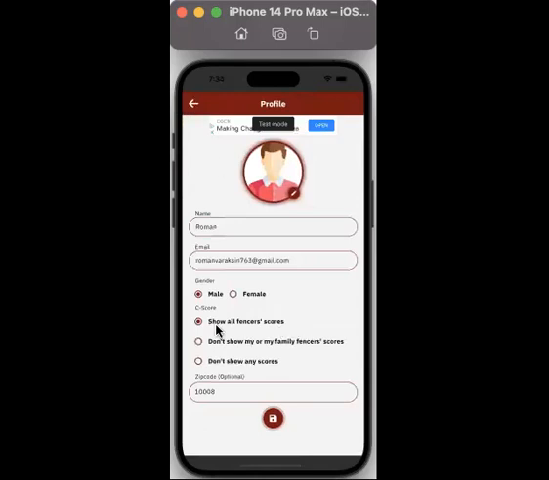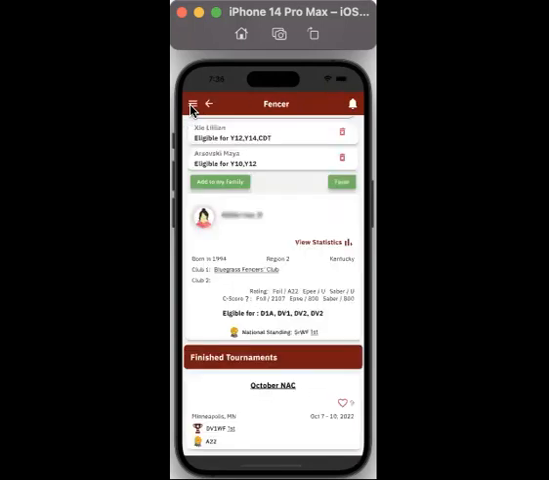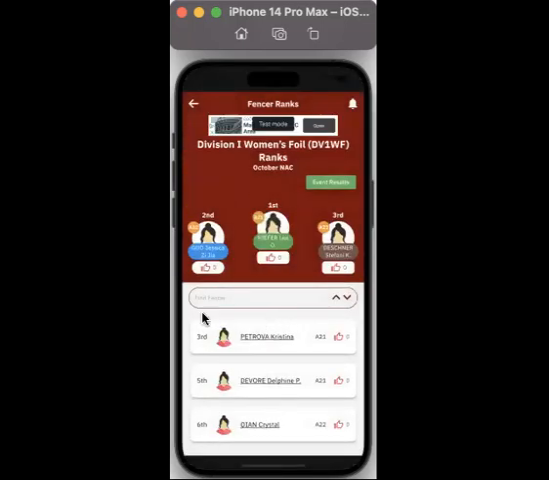And here you can control how you would like to display the C-score. By default is the second option: don't show my or my family fencers' scores, but you can choose any of them. I always prefer show all fencers' scores, but you can also opt out and just choose don't show any scores. So what that means is, when you select, if I click on the first, it will go